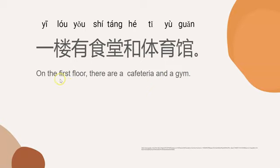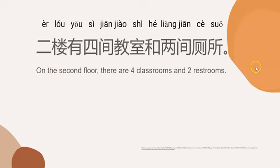If you want to say on the first floor, there are a cafeteria and a gym, first, how to say the first floor? 一楼。And how to say cafeteria? 食堂。Then how to say a gym? 体育馆。Let's combine the three words together to say this sentence. On the first floor, there are a cafeteria and a gym. 一楼有食堂和体育馆。Now it's your turn to say this sentence. 一楼有食堂和体育馆。